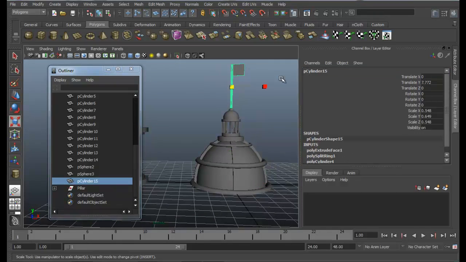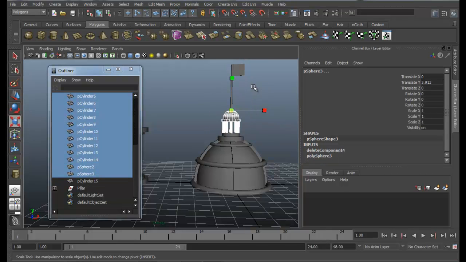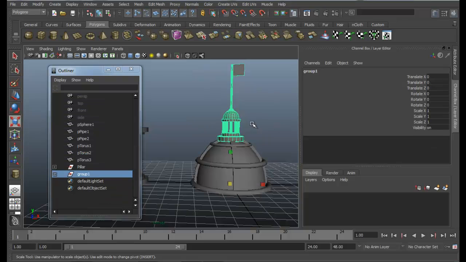So just let me group this, Control G. Okay, that's a single one. Select this top part and then group it, naming it the topmost part.